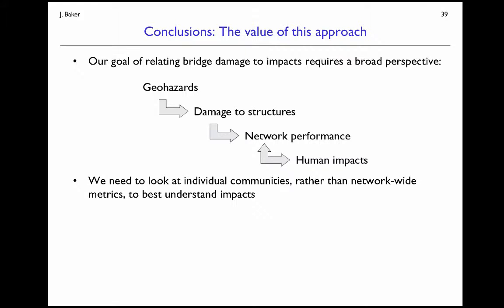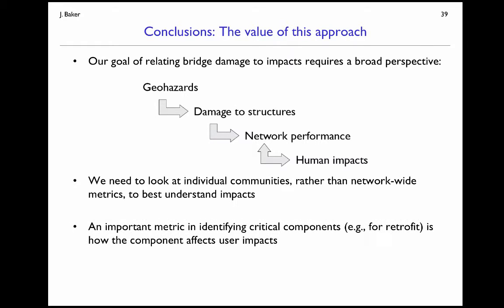Then as we look at network performance, I think it's also informative to not just think about network-wide metrics and how many hours are lost in traffic congestion, but to look at individual communities. So we heard that from decision makers and transportation agencies again and again, that it's individual communities or individual demographics within a community that are of interest when thinking about decision making for upgrading networks. And so if we want to, as engineers, be addressing the needs of these decision makers, we need to think about individual communities. And I hope we've demonstrated here today that that's a feasible calculation through this type of example that we've shown you.